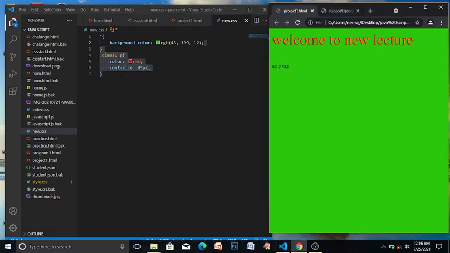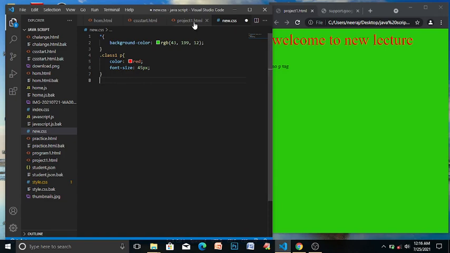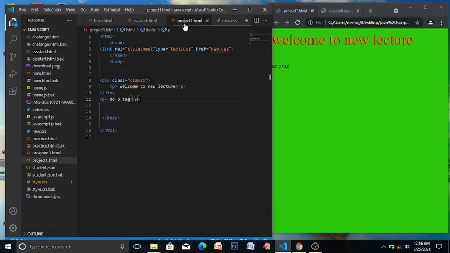This way you can select these two, and if you want to select this tag, you should write another class for that, or you can write an id selector. Write in the tag id equal to new id.